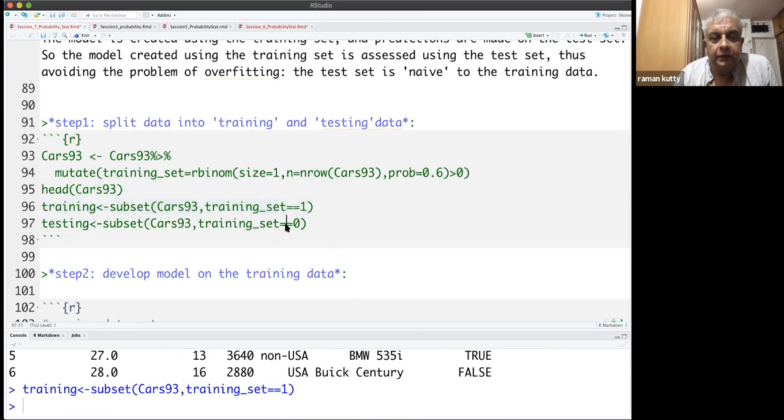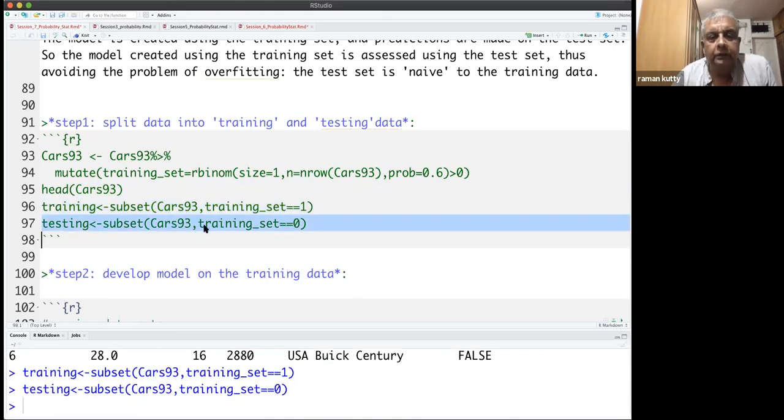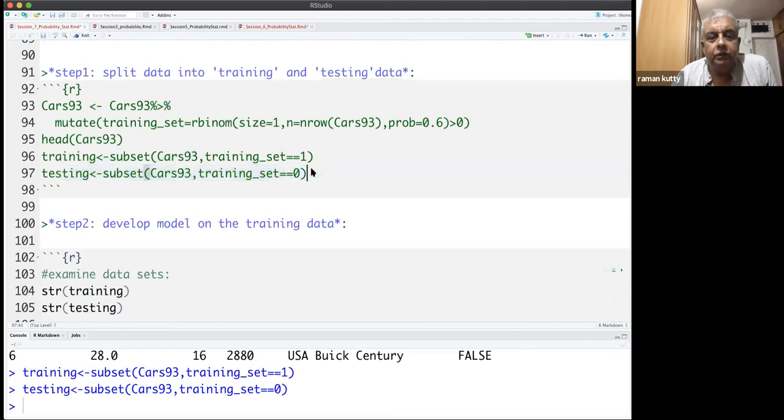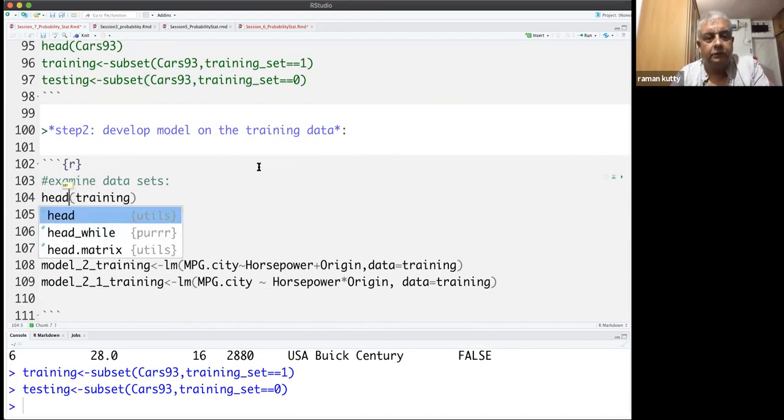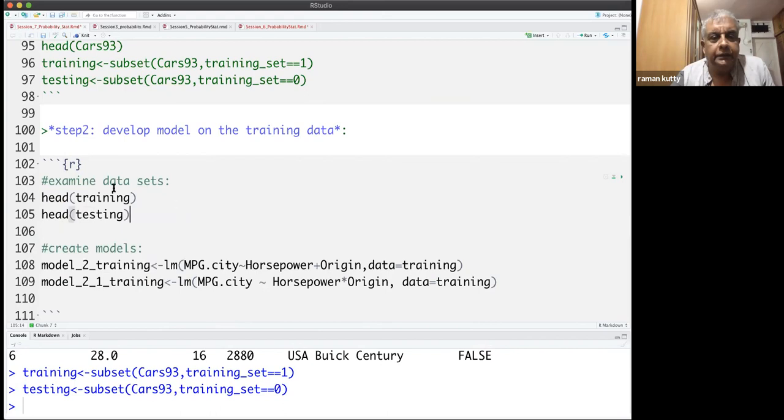And the other one will be equal to 0. And then we can also look at these two data sets, training and testing, using head instead of structure.